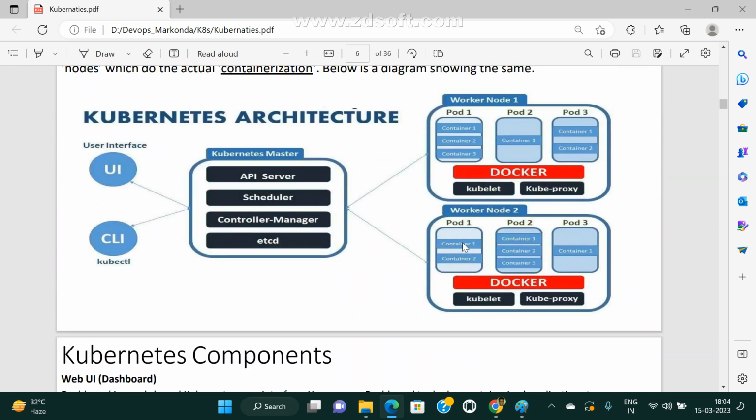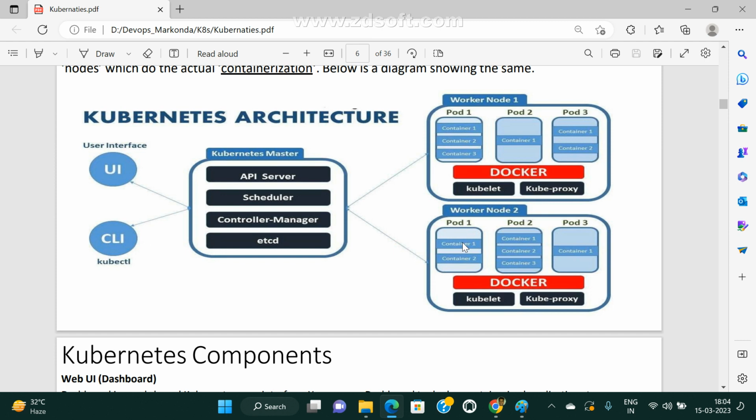What is Kubernetes architecture? Very, very important. If you understand this flow, we can easily understand the coming classes. Suppose you don't know what is pod, what is kubelet, what is a scheduler, then there is a blank. So first you need to know, what is pod? Inside pod, what does it contain?